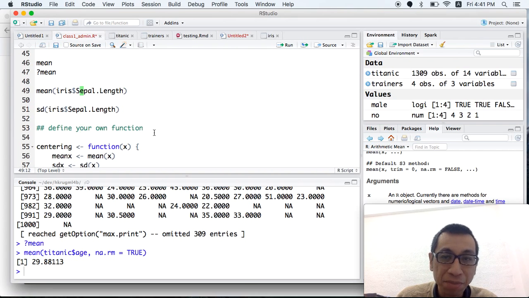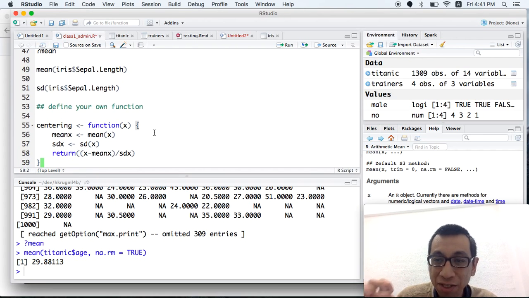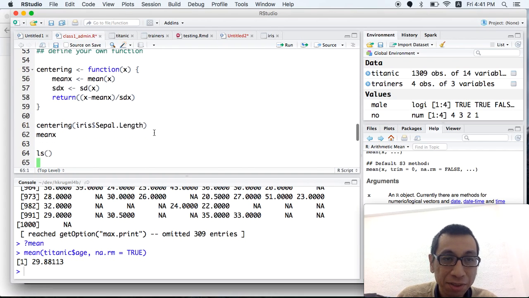For example, mean: if the input is a vector, it will return the mean value as a single value. And sd: if the input argument is a vector, it will return the standard deviation, a single standard deviation value. You can define your own function, but you may not need to know that right now.